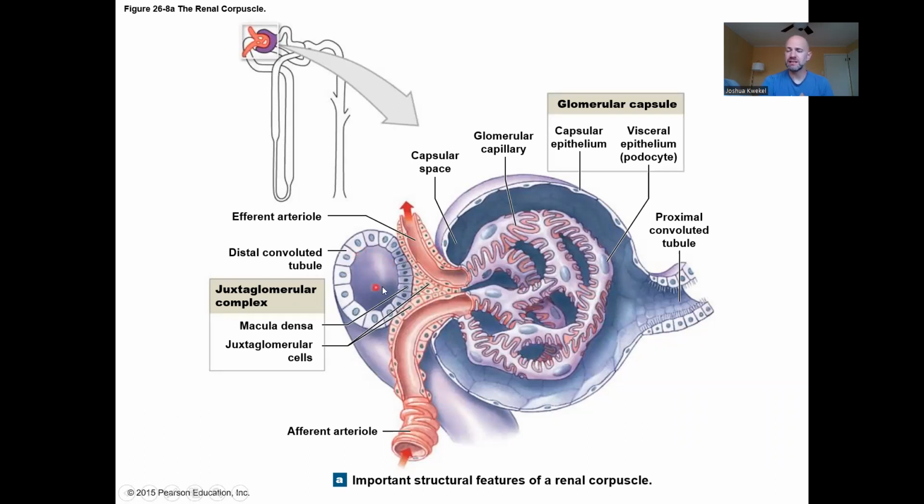Whatever we sense in the distal convoluted tubule, the filtrate has passed through the tubule, and we can then make some judgment. How are we doing? How are we doing in the nephron with filtration and reabsorption and secretion? And we can report back to the beginning of the nephron, in the glomerulus, and regulate how much blood flow